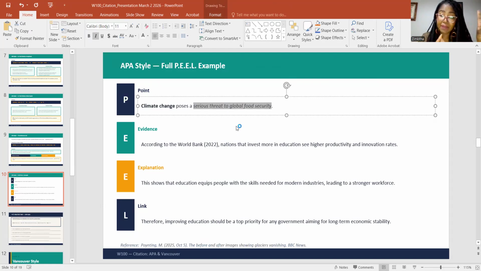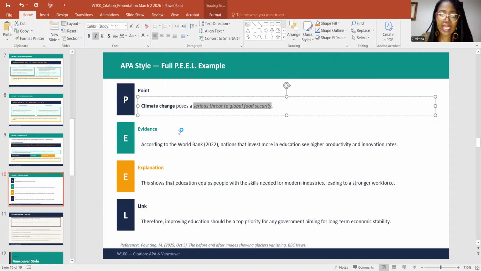Just by looking at climate change and food security, I know that my evidence mustn't focus on climate change and illnesses. It mustn't focus on climate change and the level of pollution. No, it needs to only focus on climate change and food security.